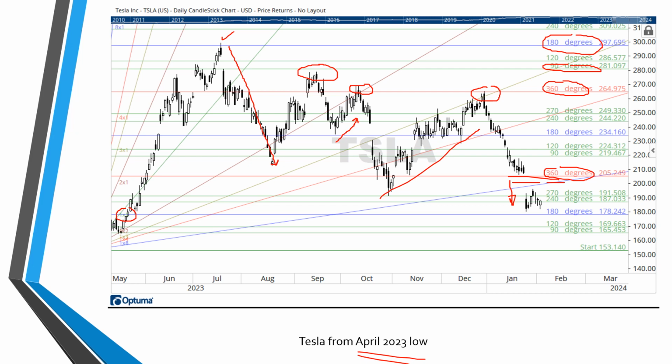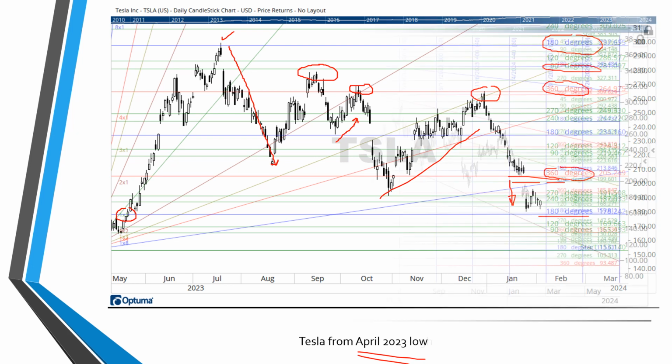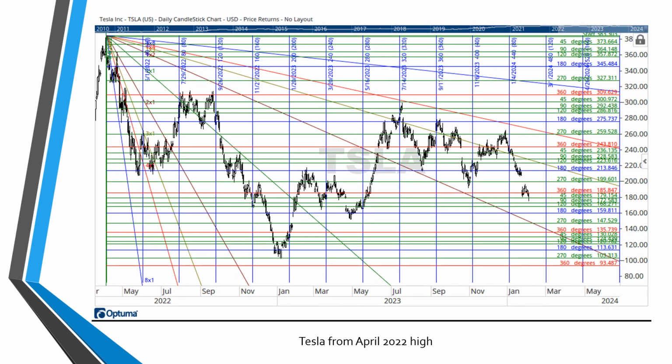So where are we now? We're down around that 180-degree level. Could we even tumble further? Yep, don't see why not. Things are not looking particularly rosy for the team at Tesla. Now,